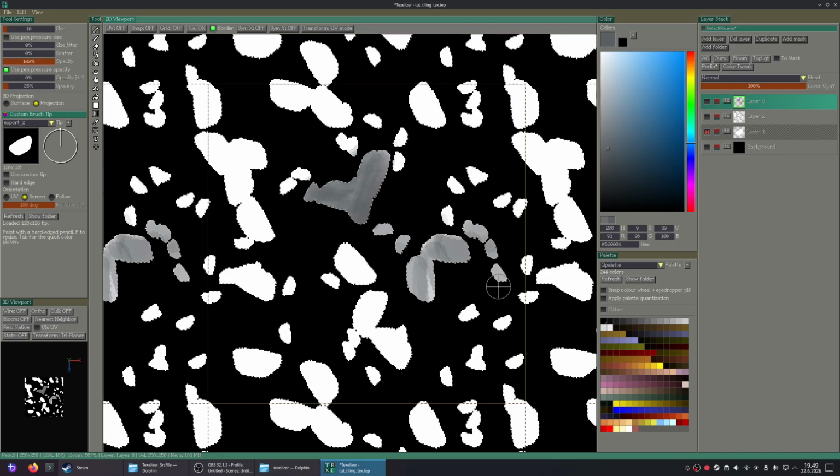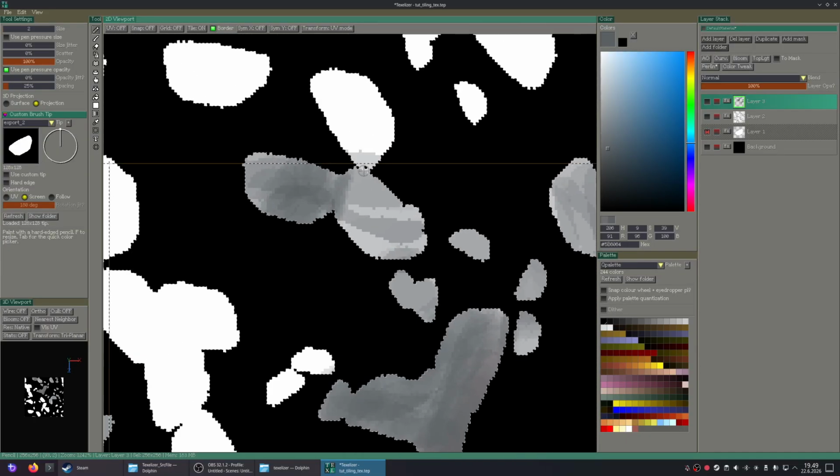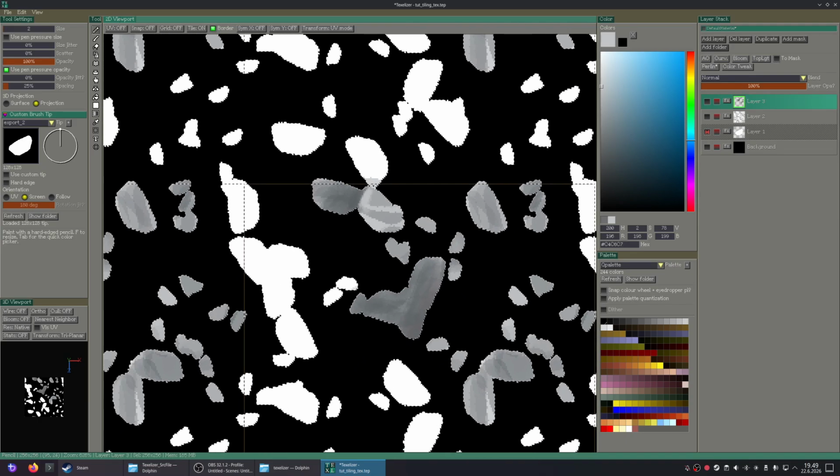You can use, of course, something like the gradient tool or fill tool to also quickly color these, but I like to use this brush tool because that's the way I roll. There are two rocks there, so maybe let's do a bit of a shadow there, then a bit of a highlight there so that it somehow looks like two rocks.